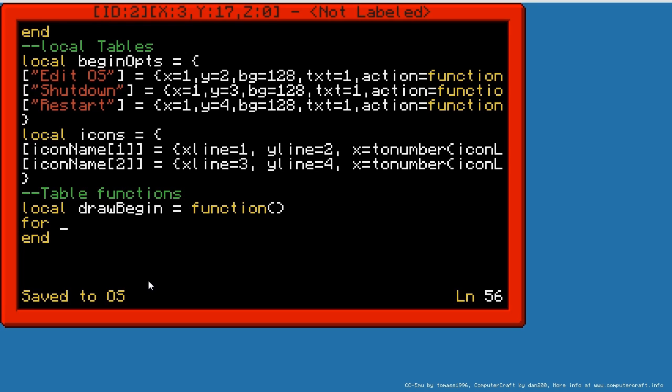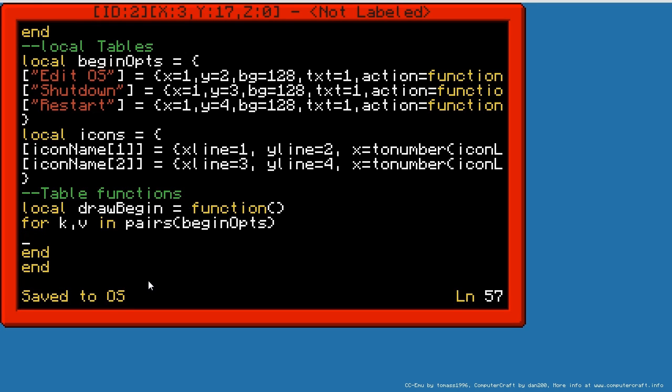So for kv in pairs begin opts. So I'm basically doing a loop for the begin table, for the options table,